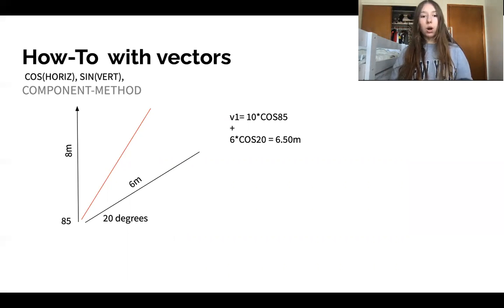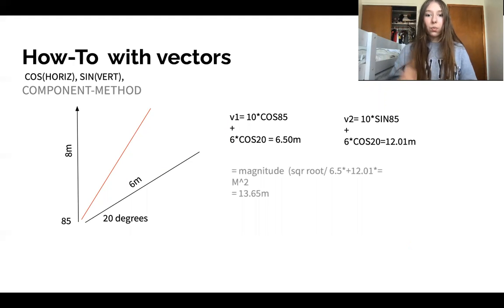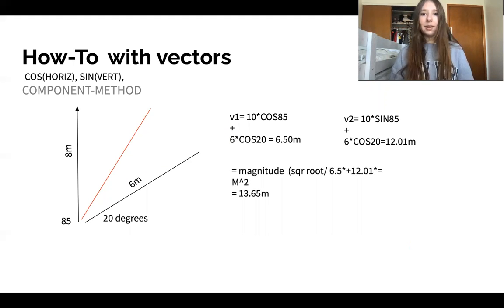So using vector 1, we can do 10 times cosine 85, which is the magnitude times the degree, adding vector 2 to that. And then we're going to want to add in the second vector because we have a sine and cosine component. So cosine is that, sine is that. Once we add those, we need to figure out what we can do with that. If we have 10 times cosine 85 and we do all the math for that, we get 6.5 meters